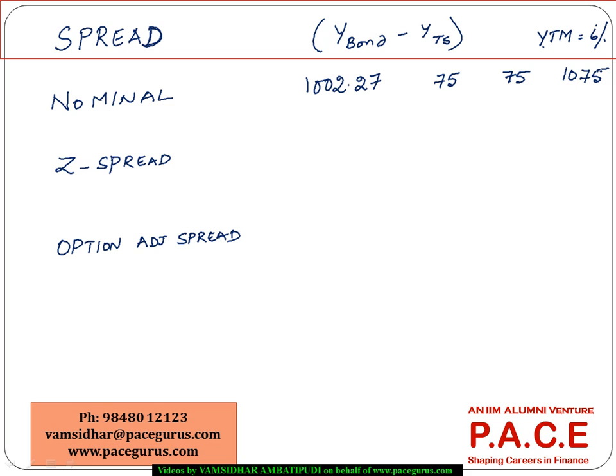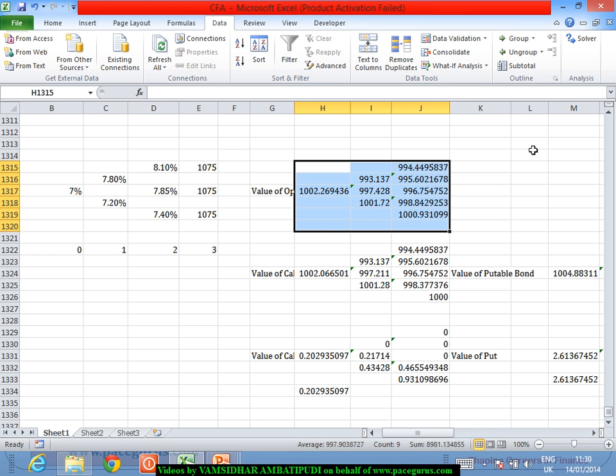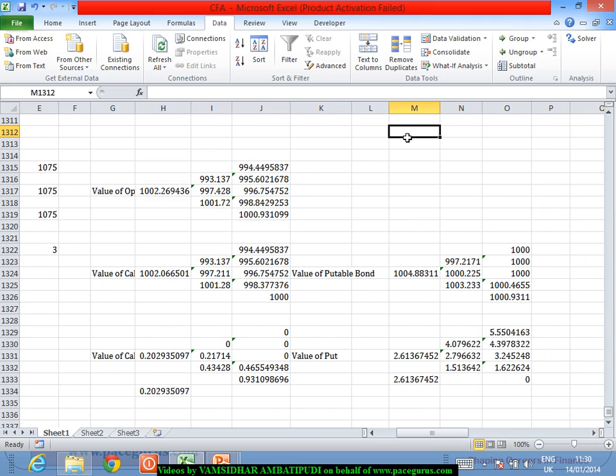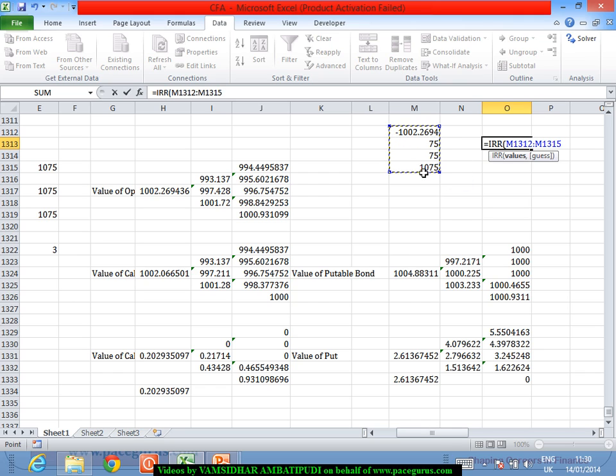So if I am looking at finding the yield to maturity of my current bond, I can very well find it out, because now I know the cash flows. In the initial year there is a cash outflow of this much, and after that 75 and 1075. So my yield to maturity is nothing but the IRR associated with this bond. So I compute the IRR for this bond and it is giving me